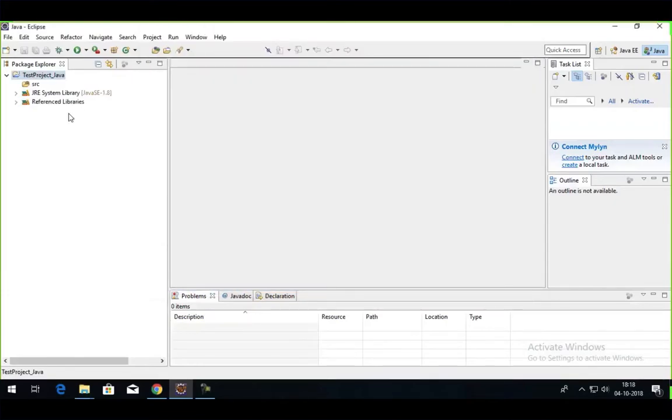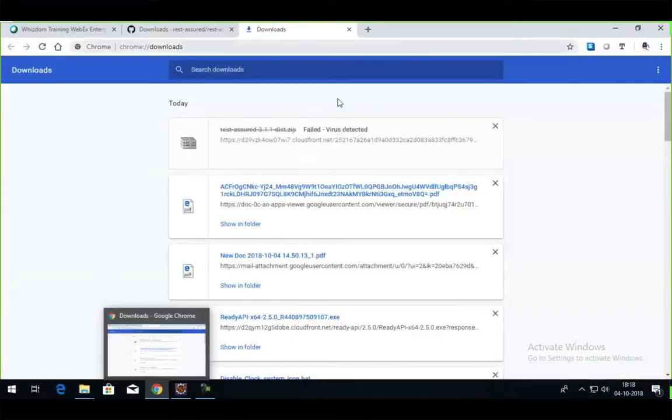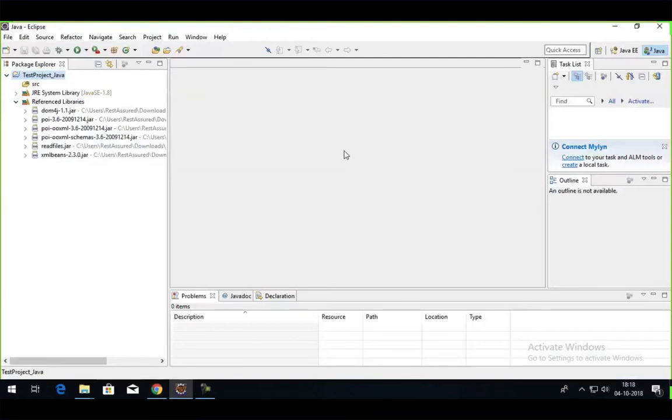You'll see a new option within your project which says Referenced Libraries, and which will add the libraries from Rest Assured. Now the problem here is that every time you have to add a new jar, you have to go to the official website, download a pack, extract it, manually add it, and you even have to do this procedure again if the version gets changed or the project which you are working on is based on an earlier version of Rest Assured.